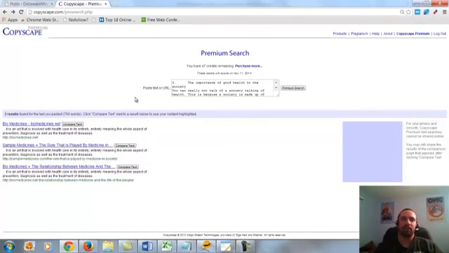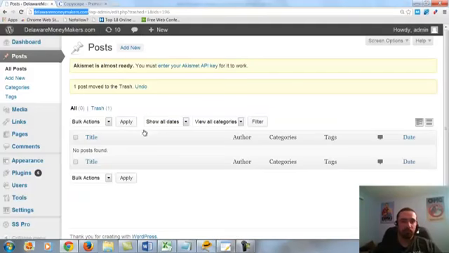I'm just going to use it for the sake of example, but what I would do is delete this article, email them, let them know about it, and I would move on to the next article, run it through, and make sure there's no results found. Okay? Let's just pretend like this is a totally unique article. I'm going to go to Add New Post.